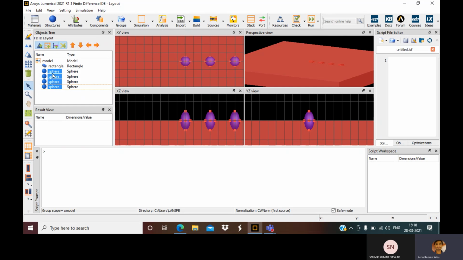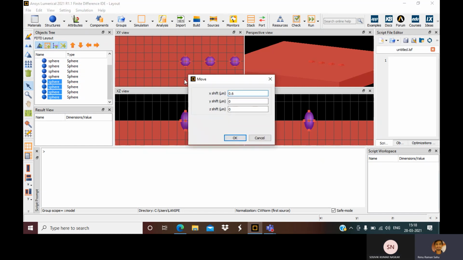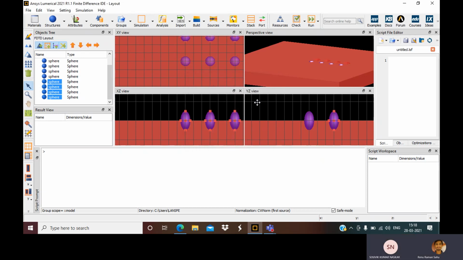So that's not a big deal. Duplicate it and now move it 0.3 on the other axis, and you see.